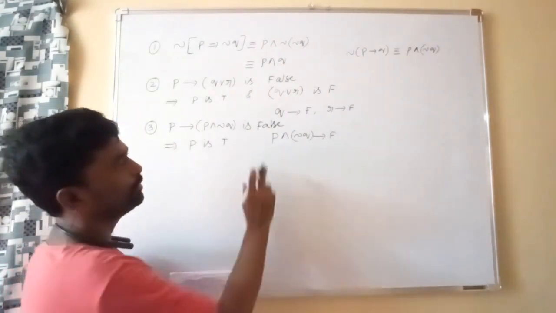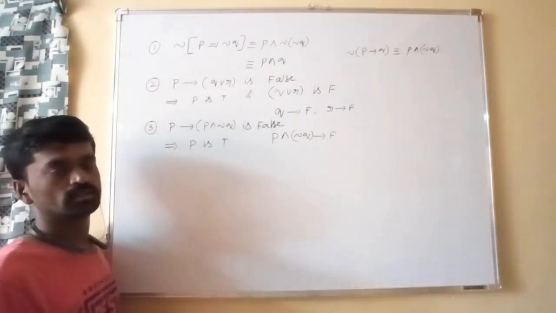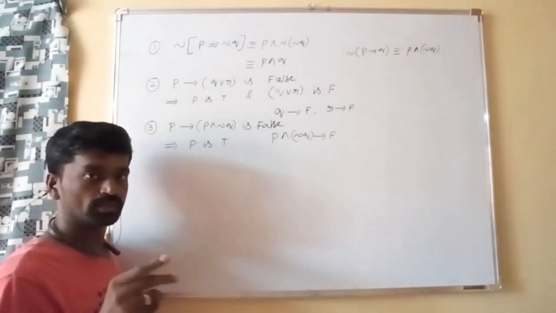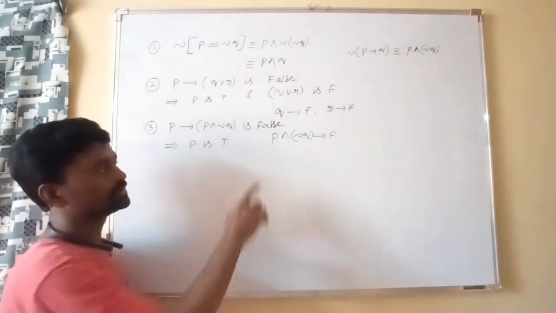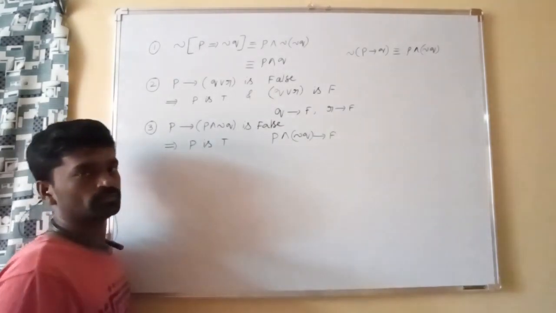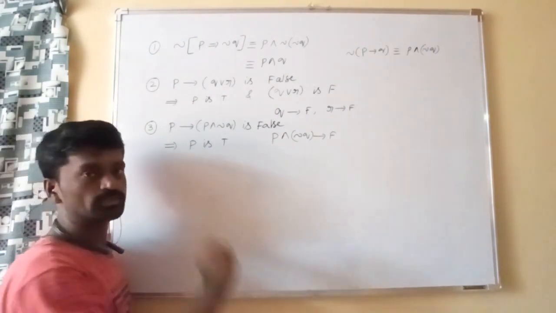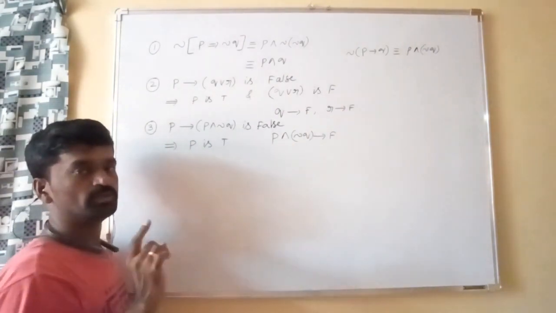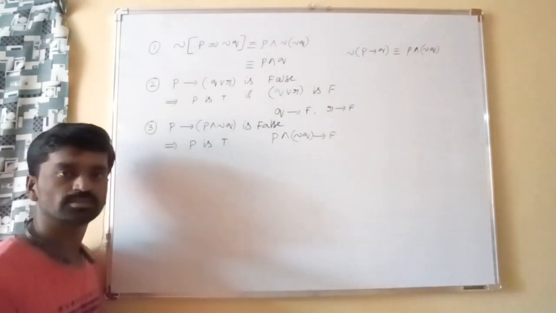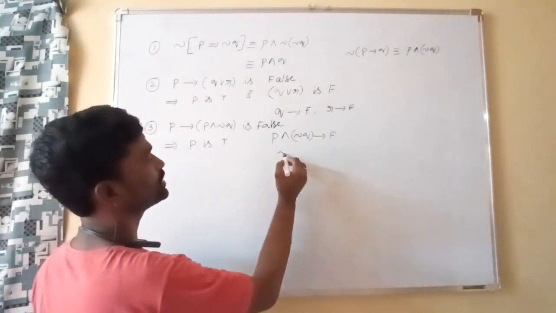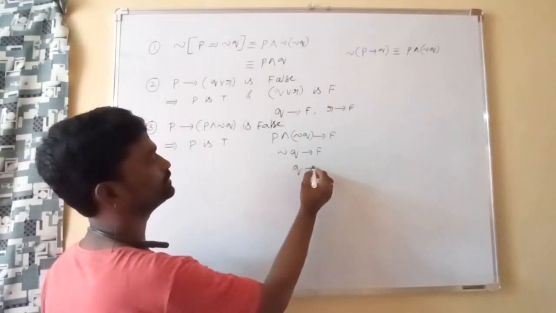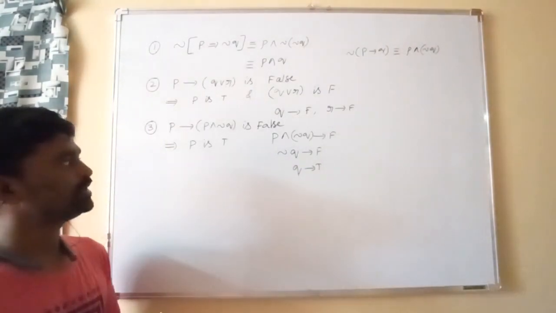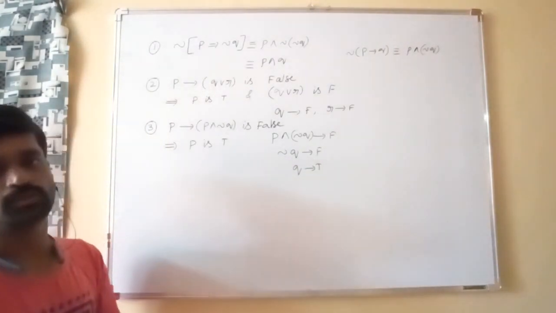Okay. So P ∧ ¬Q, when it is false, what is the rule? Both are true, then only true. Remaining cases false. But here already we know that P is true. So P is true and ¬Q cannot be true. If ¬Q is true, true and true is true. But here what we have? False. So that means ¬Q cannot be true, means ¬Q must be false. So ¬Q must be what? False. ¬Q false means Q must be true. So thus the statement P is true, the statement Q is true. Then only this given compound statement is false.